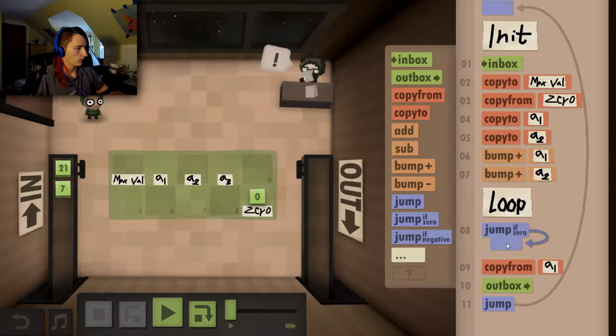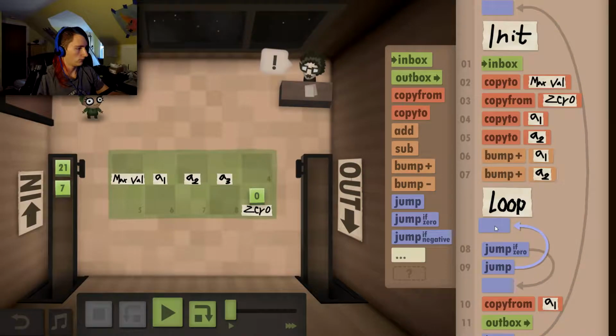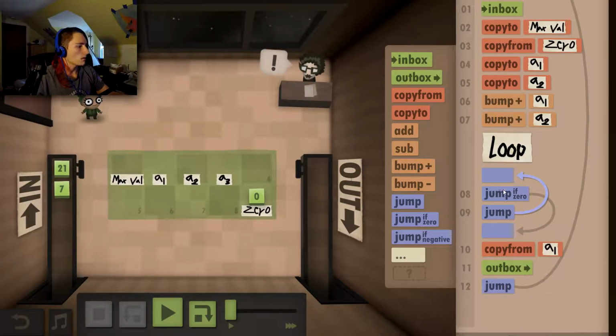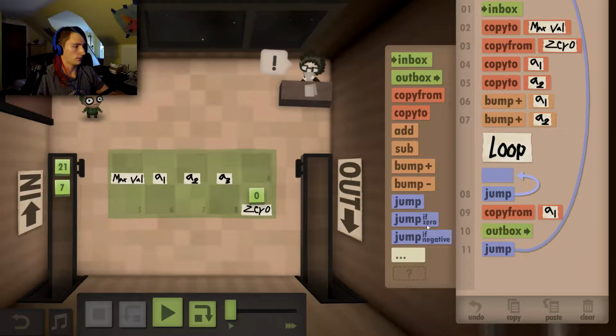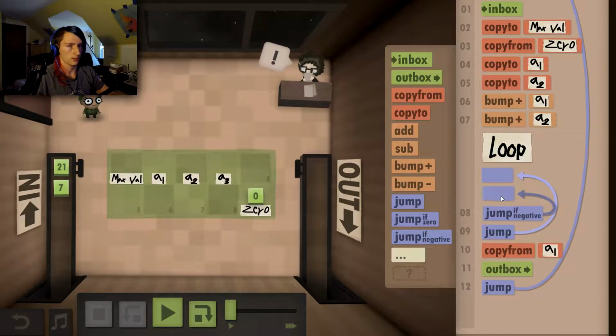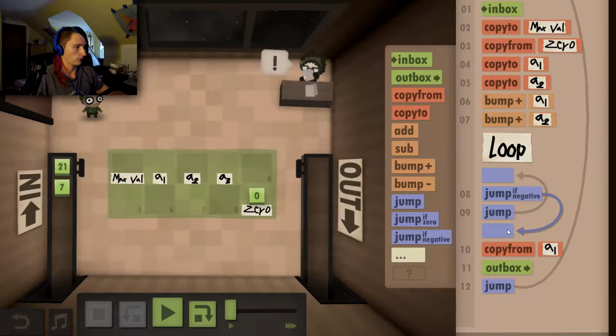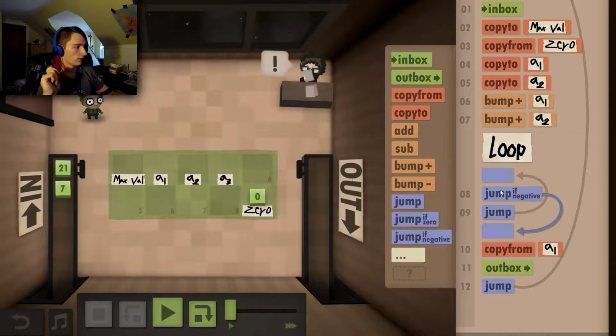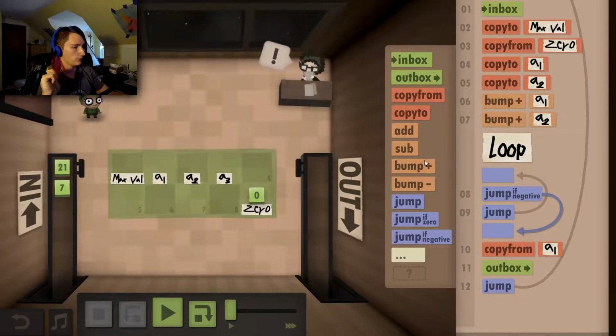Our while loop. Okay. So, what do we need to be 0 is the question. No, we need a jump if negative because we're doing a compare rather than an equals, or we're doing a greater than or less than instead of an equals. So, we need to,